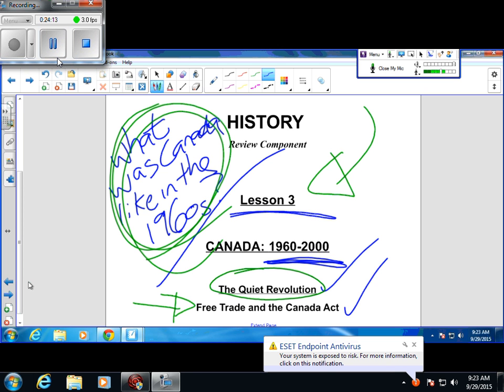Also in the 60s, there was external conflict. It's the period of the Cold War. Canada was involved in the Vietnam War during this time period. Even though Canada was officially neutral, they were still helping out to an extent. So that's kind of an external conflict. That's a little background information on what Canada was like in the 60s. A lot going on, lots of changes started to begin.